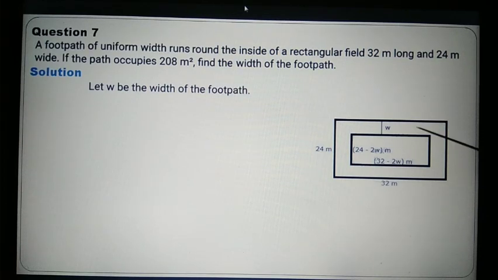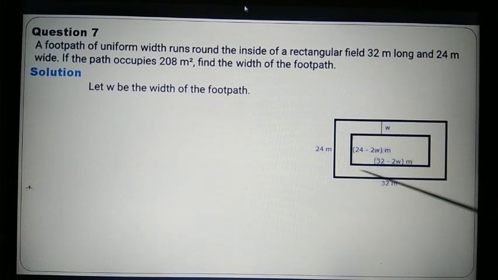Yes. So if I remove this much part from 32, this much part and this much part, from here to here it is W, and similarly from here to here is W. If I remove this W and this W, that is together 2W, then I'll get this much, yes or no? So from here to here is 32, and from 32 if I remove 2 W's, that is 32 minus 2W, it gives me the length of the